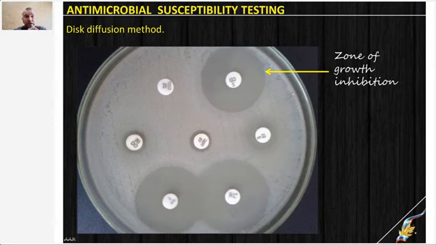from the disc. And bacteria will grow on agar, and it will grow only in those areas where antibiotic is present in insufficient amount. But as you can see, it is marked with a yellow arrow, and that phenomenon is known as the zone of growth inhibition. At some distance, the concentration of antibiotic will be sufficient to suppress the growth of bacteria. So in that zone, it is obvious, you can see the spherical area around the disc, bacteria is not growing.